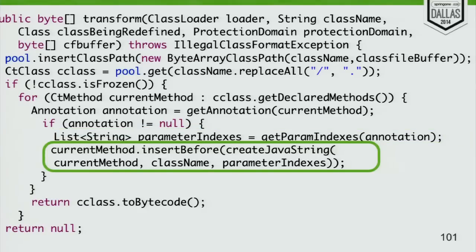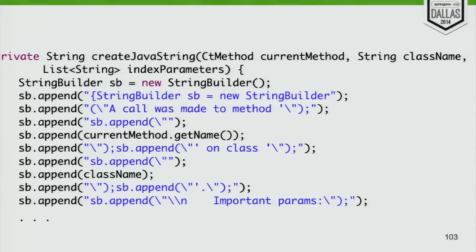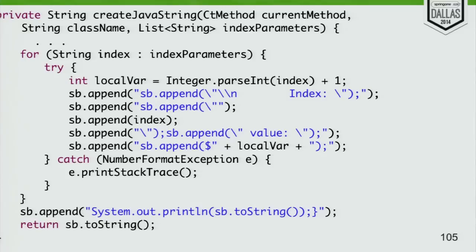Then we just have to insert our log statement, and the main work is in create Java string. And here you see we're creating a string builder, adding our strings, adding our method name, adding our class name. One thing to note that if you're putting in multiple Java statements, you need to have your statements in between brackets. If you're just adding one Java statement, you don't have to have the bracket there. And then we can scroll down, and we need to now